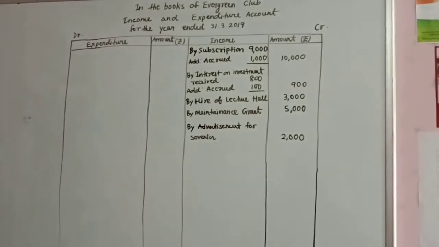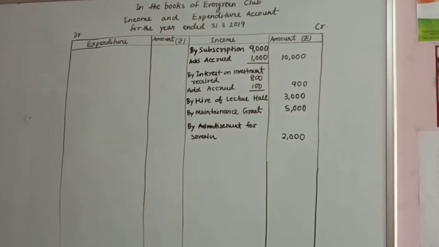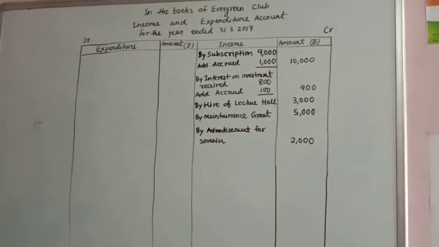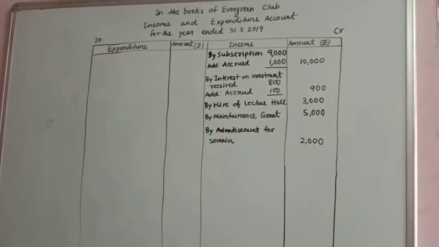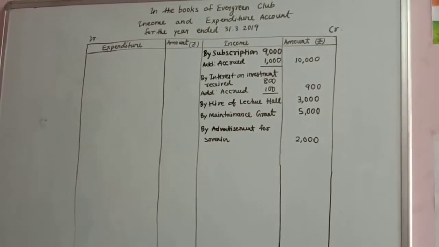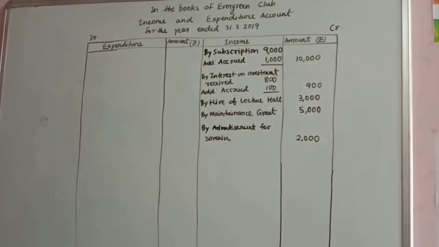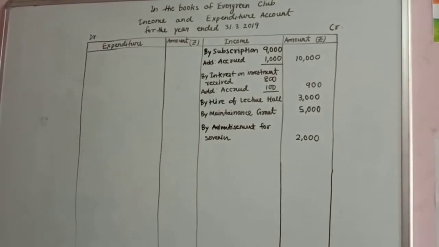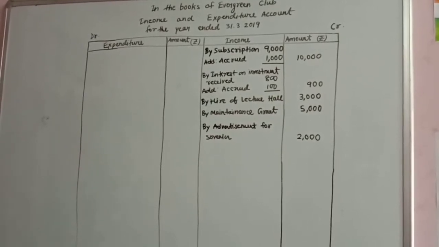Okay, so now entrance fees is the payment made by a member at the time of entrance in that particular club. So it is only paid once in a lifetime. So in some cases it is capitalized. But in this question it mentions specifically that 50% of the entrance fees is to be capitalized. Means only that much money will be treated as capital in the balance sheet, and the remaining will be treated as a revenue, and hence it will appear in the income and expenditure account.